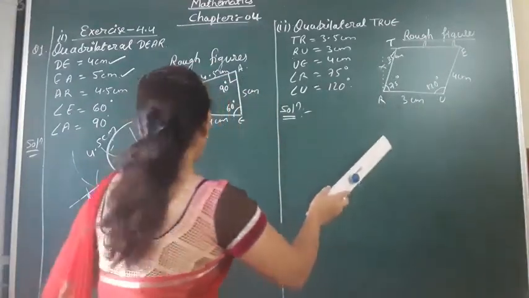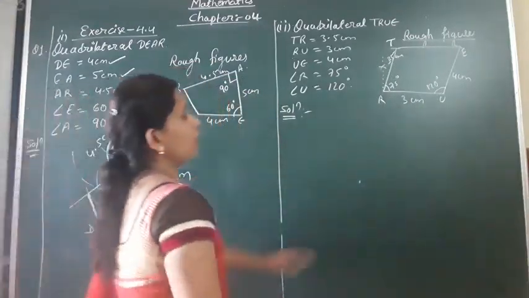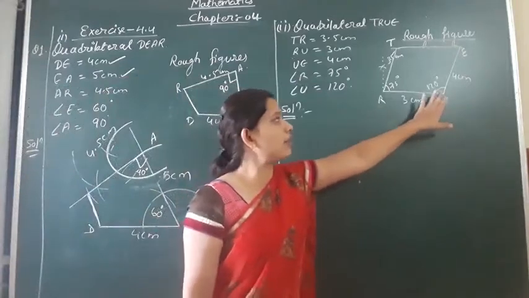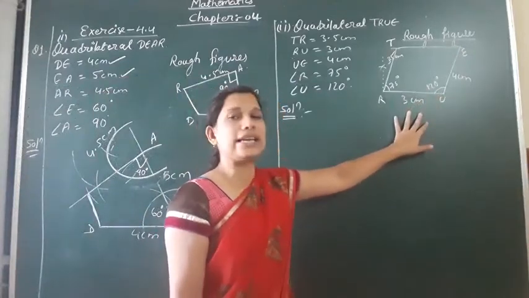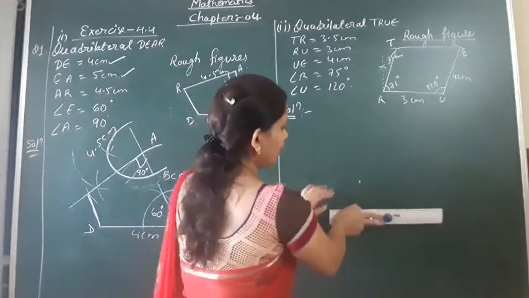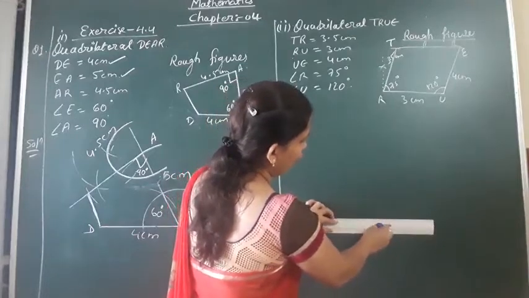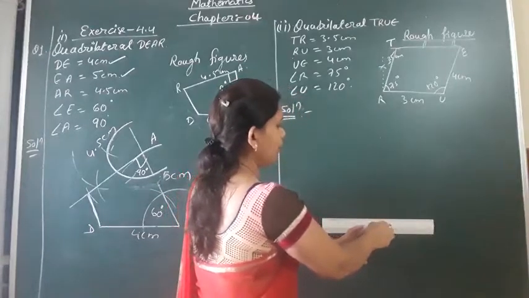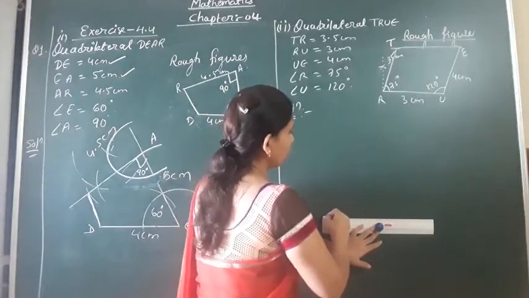So first, what is the base angle we are having? Now the base angles are 120 degree and 75 degree, and the base line is 3 cm. So keep your scale on the plane of your copy. With the help of your scale and pencil you have to draw how many centimeters?